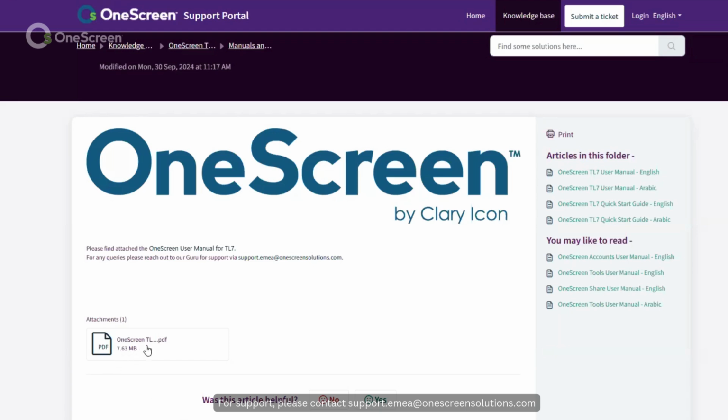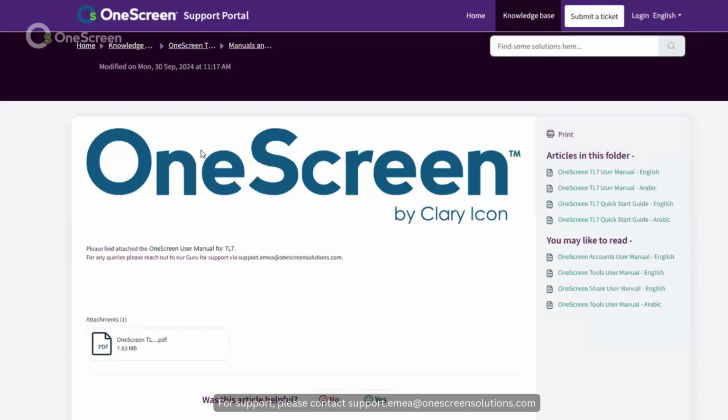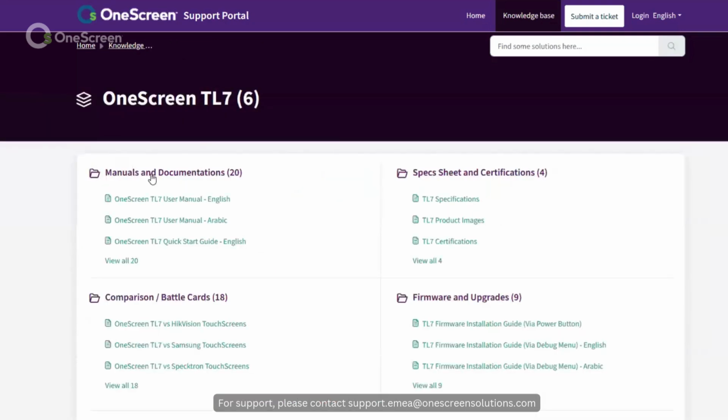Okay, let's click on the file so that we can see. All right, the file is downloaded. Okay, let me move back to the OneScreen TL7. As I have covered the manuals and the documentations for the TL7, and if we move back to the other category,